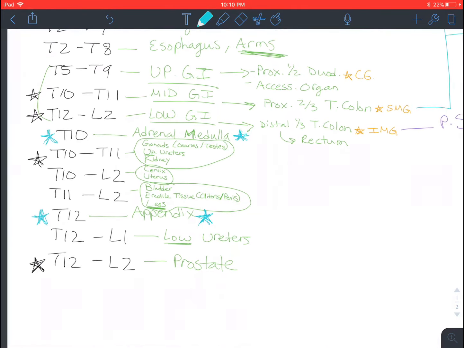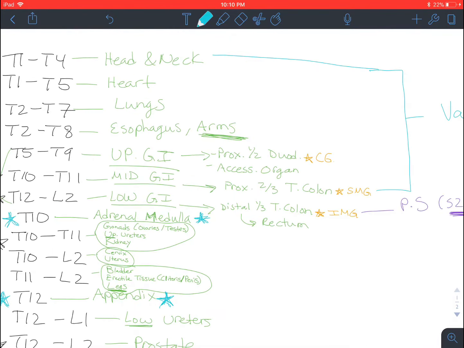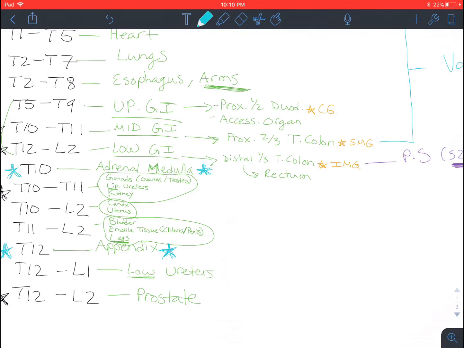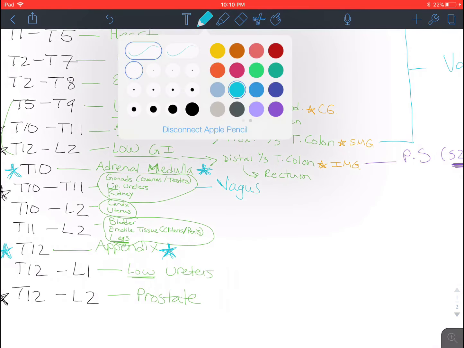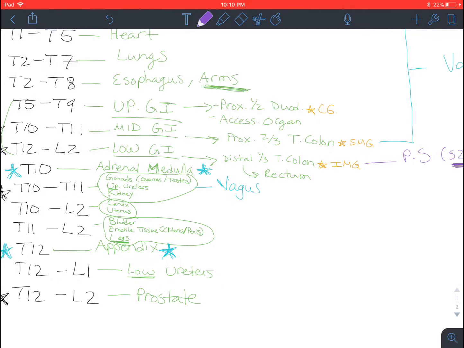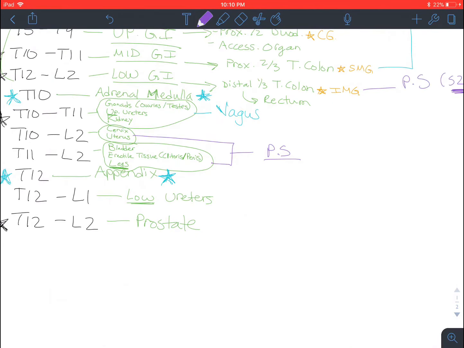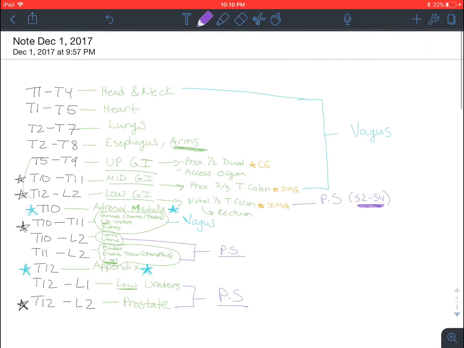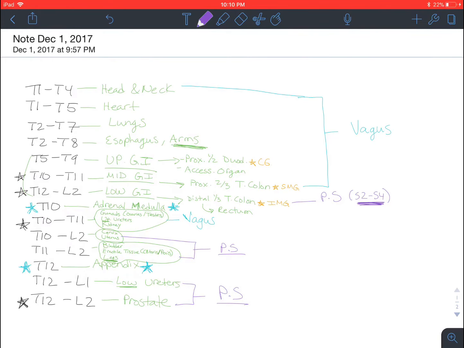Okay. So we did vagus, pelvic splanchnic, nothing, and then we'll do vagus one last time. The rest will be pelvic splanchnic. So these two right here, pelvic splanchnic, nothing, and then these two right here, pelvic splanchnic. And that is your sympathetic, parasympathetic